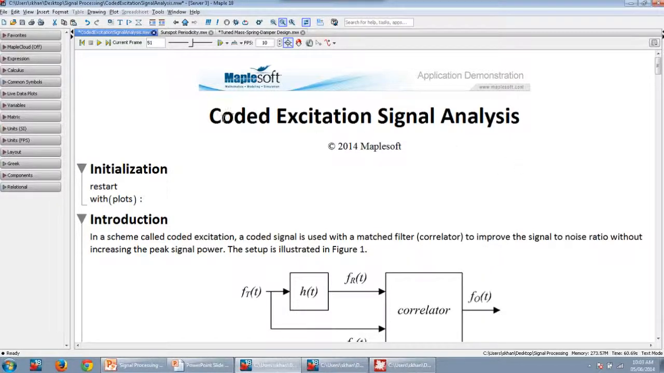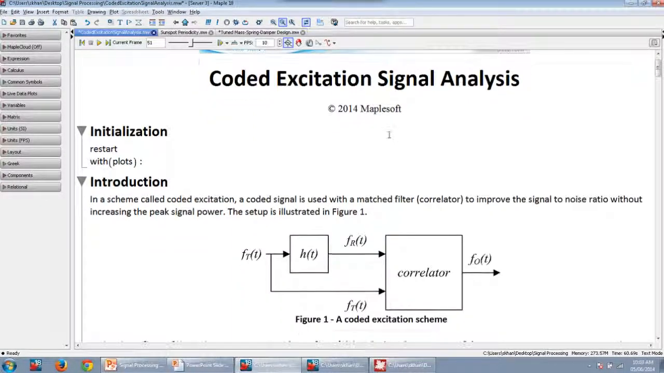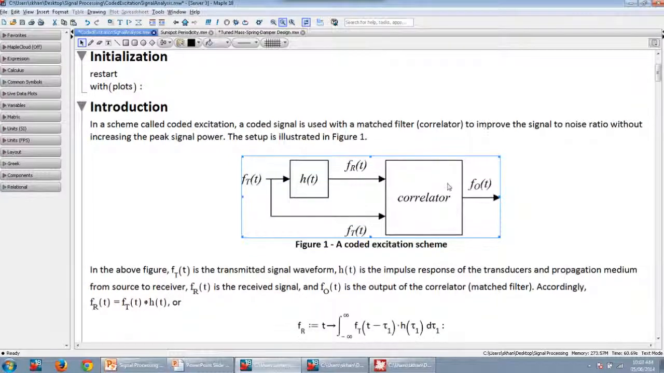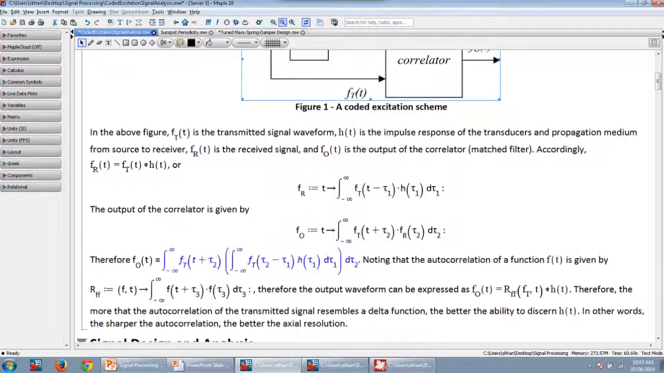This is one typical application for Maple. It's an application in which we're investigating coded excitation signal analysis. I'm not going to spend too much time talking about the actual concepts embodied in this document, but I just want to look at some of the elements you see on screen. So at the top we have a header graphic and a title which describes the problem domain. We have a diagram, and then we have text and math. The math is in natural math notation. So we have proper integrals,